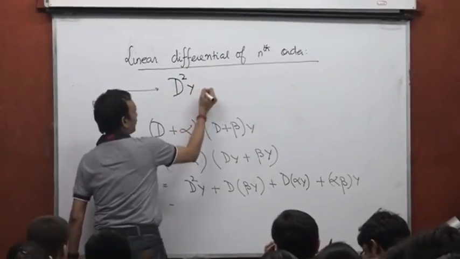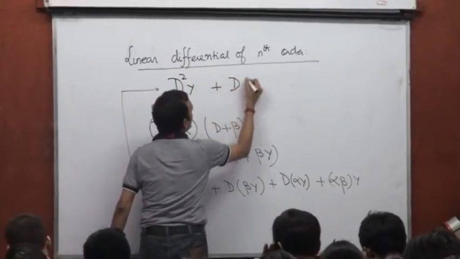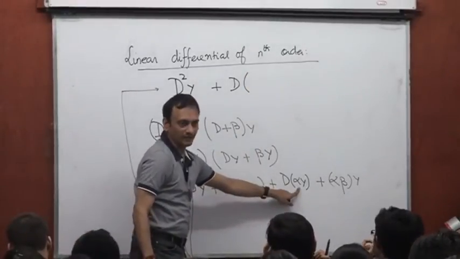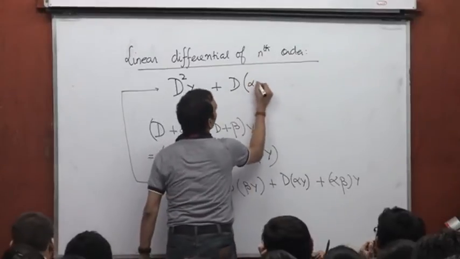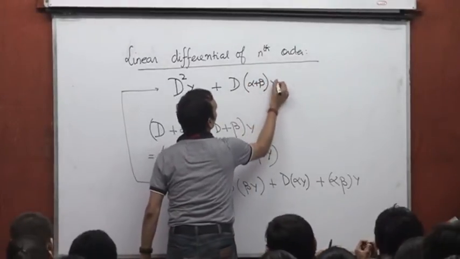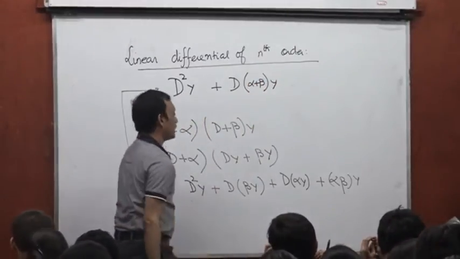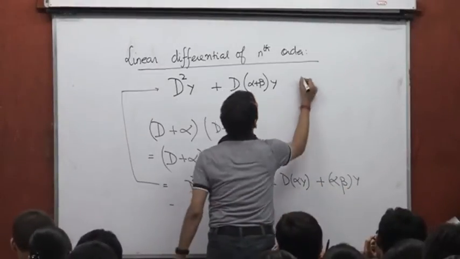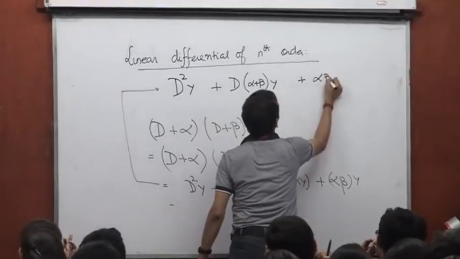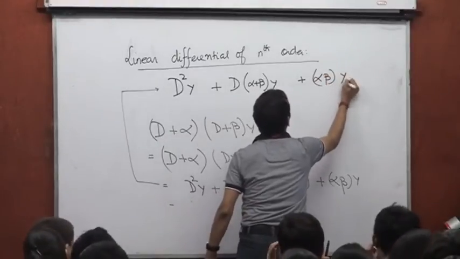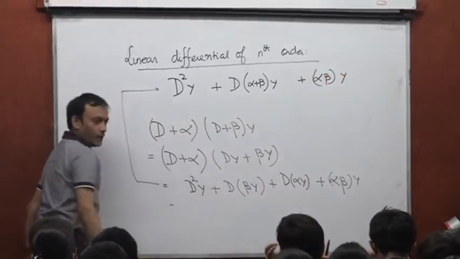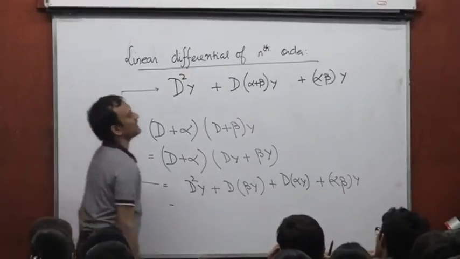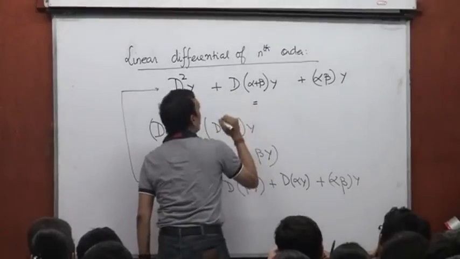D squared acting on y plus D acting on alpha plus beta into y, right? Alpha plus beta into y, plus alpha beta y plus alpha beta y. Clear? Can I write this as an operator